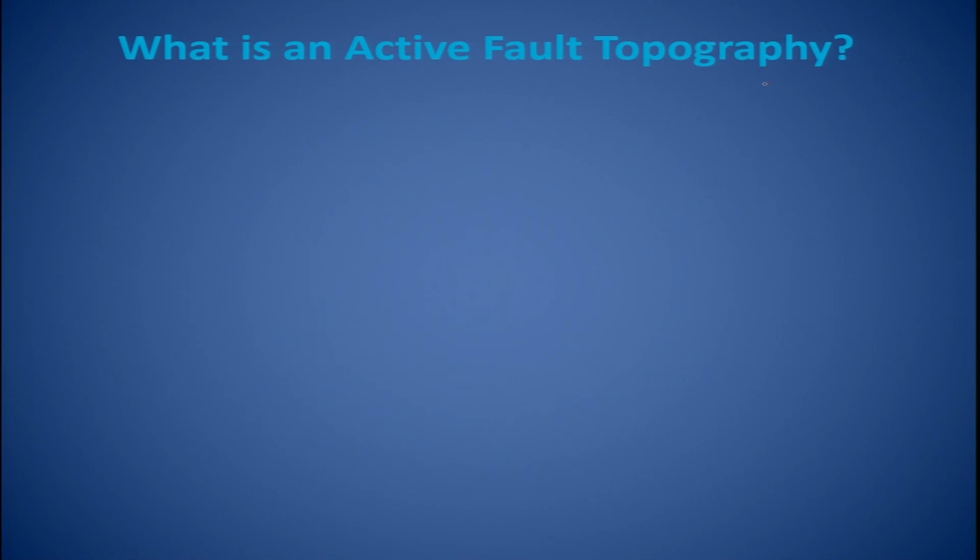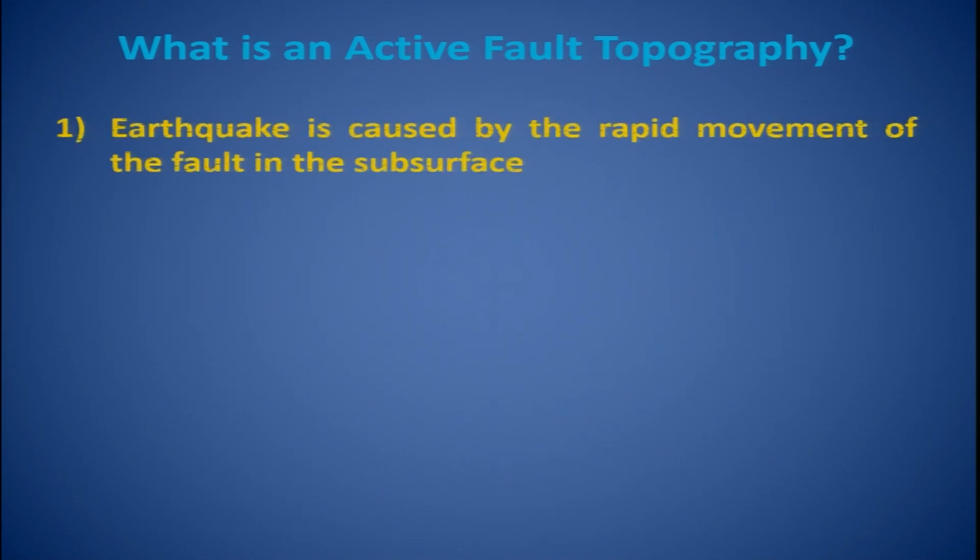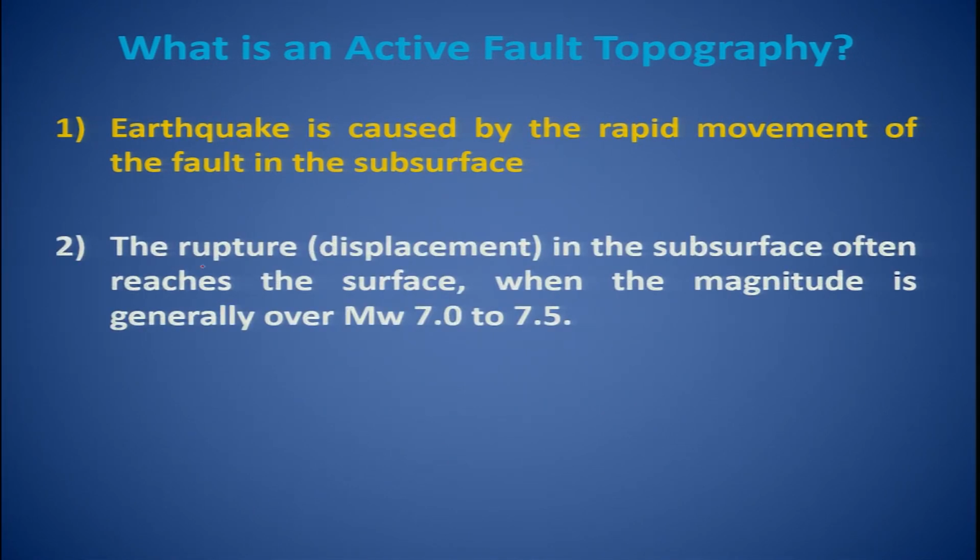Now whatever the deformation will occur along this type of faulting, either it is in strike slip environment or reverse compressional tectonic environment or normal, it will be seen on the topography. So for us the understanding of active fault topography will be extremely significant. So earthquake is caused by rapid movement of fault in subsurface, and the surface manifestation, what we call rupture, that is a displacement in the subsurface, often reaches the surface when the earthquake magnitude is around 7 or greater than